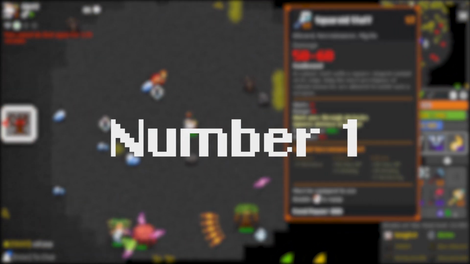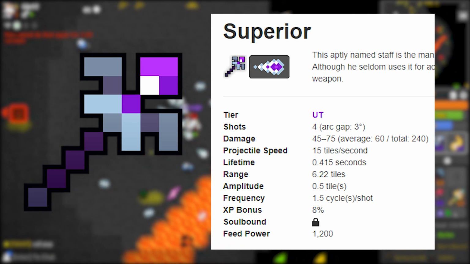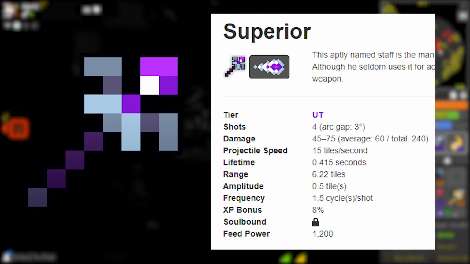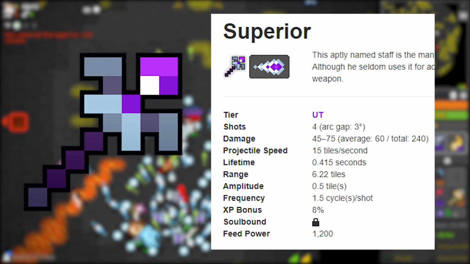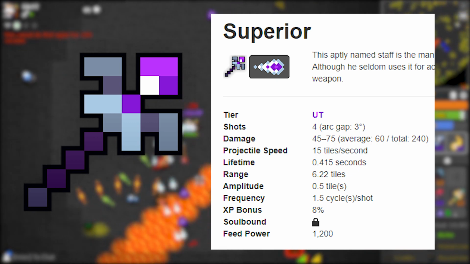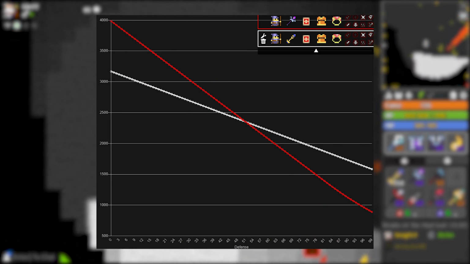Number 1. Well, you guessed it, I think. It's the Superior. The Superior shoots a lot of bullets and does the most damage on lower defense enemies. So you would preferably want to use this on armor broken stuff, armor broken bosses, sometimes in Oryx 3. Like when Oryx 3 gets armor broken, that is probably the perfect time to use this staff, since it does a massive amount of damage if the enemy is armor broken. Since you could look here at the DPS graph compared to the tier 14, that's a huge difference in damage